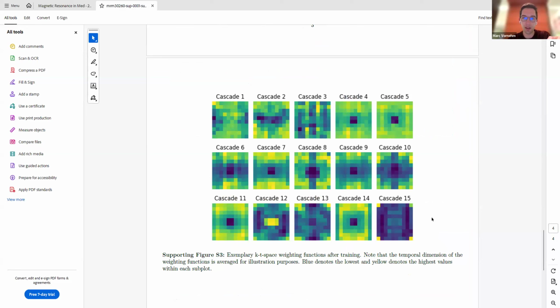And you see that basically each cascade can now focus on a specific part of K-space. So we have some cascades where the weighting of K-space periphery is higher, and we have some cascades where the weighting of K-space center is higher. And so this allows our network, or each cascade, to focus on regularizing some part of K-space.